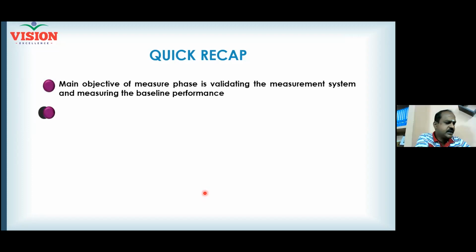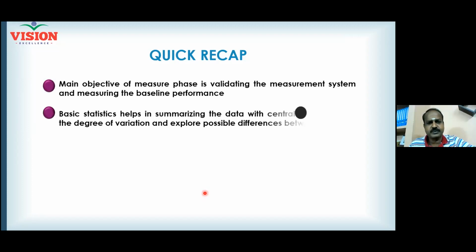We have done that, right? We have even understood all the 6 graphs. And then basic statistics. Hope all of you remember, we discussed it on day 1 itself. It helps us to understand the central value as well as assess the variation. Without central value and without variation, you cannot come to any conclusion. Whatever work you are doing, there will be data, there will be central value, there will be variation, right? You have to master the central tendency, mean, median, and mode. You have to master the variation, the range, standard deviation, and variance. Then only you can be a master in your area, right?